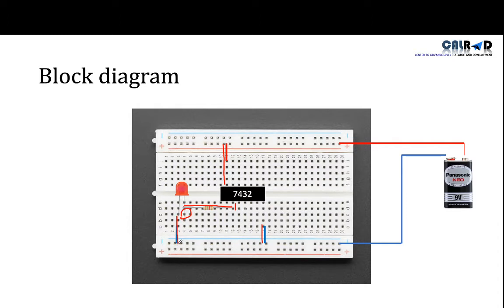So why are we using the resistor? I'm again telling you, because we are using a 9-volt battery. In order to save our LED, we will use a resistor. Next, output wires, input wires. Input wires are connected on pin 1 and pin 2. So these are pin 1 and pin 2. So this is the experimental setup.